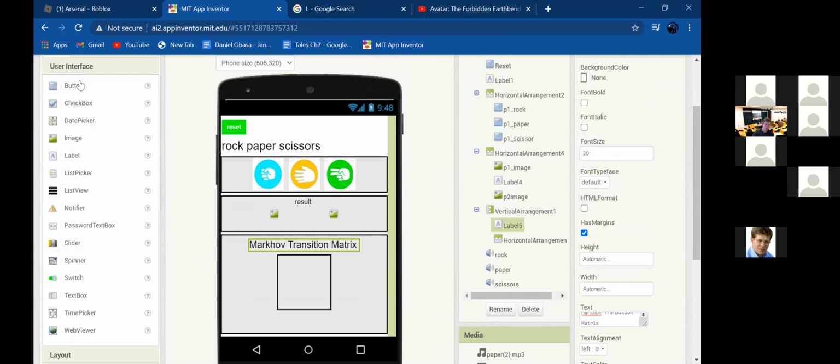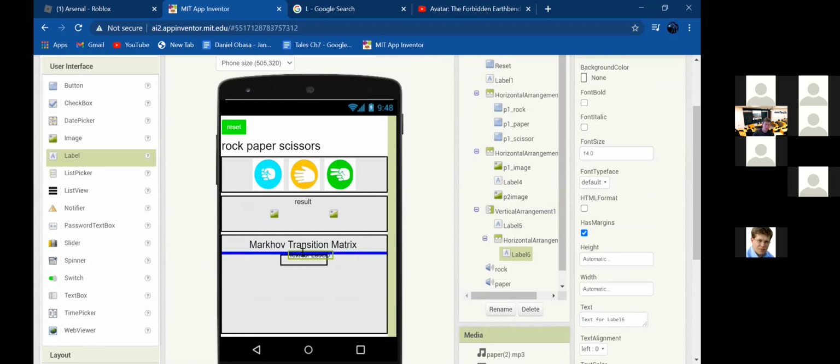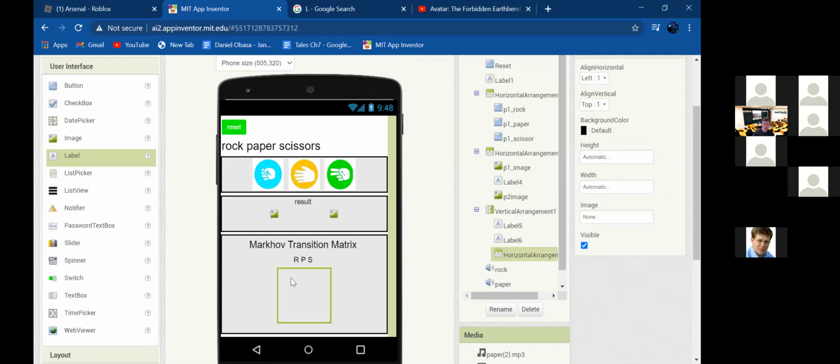Okay, and I'm going to do, yes. Okay, and then okay, I'm going to show you how to do one of these. So again, width 50%, and then I'm going to put a